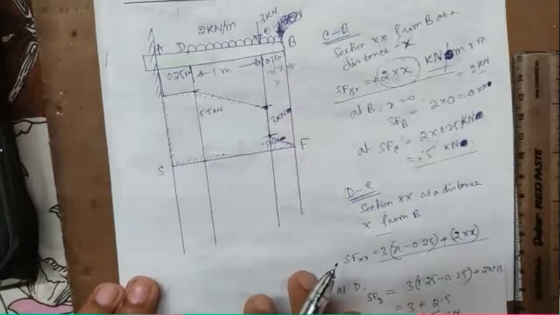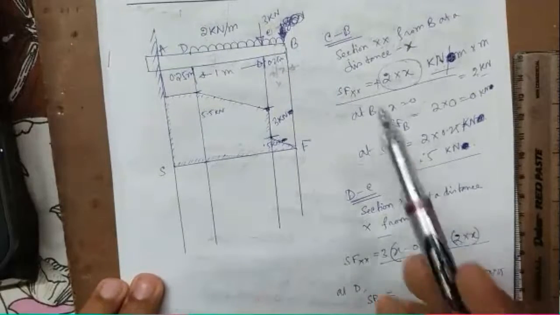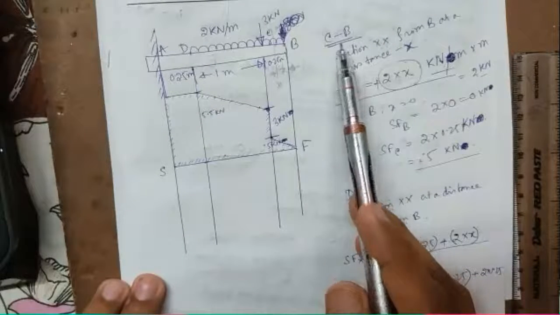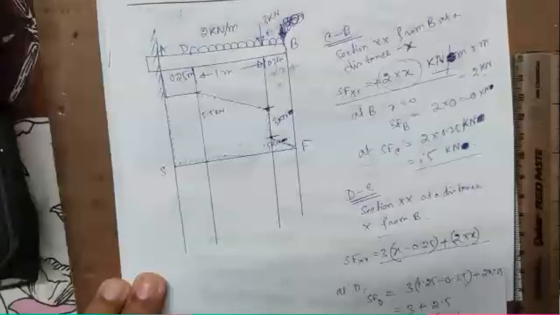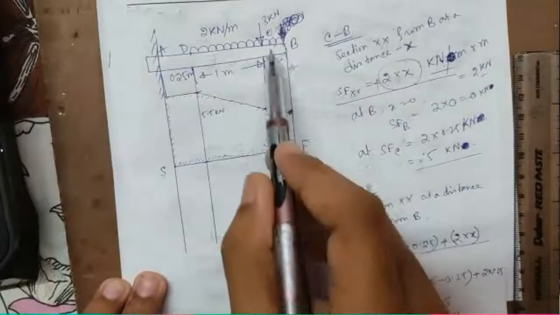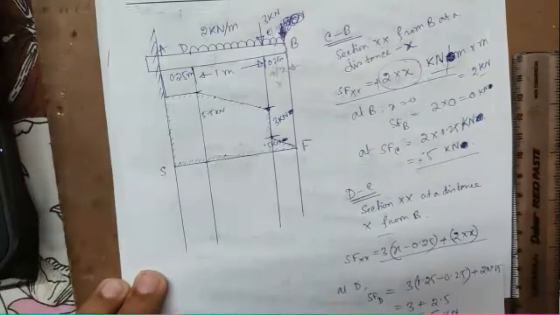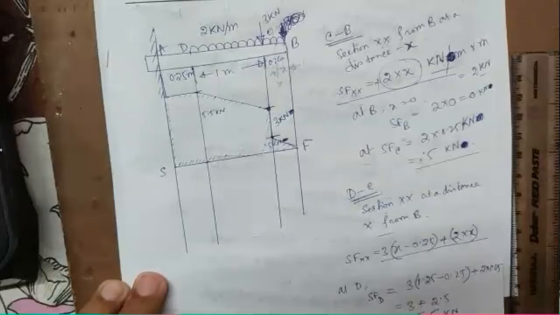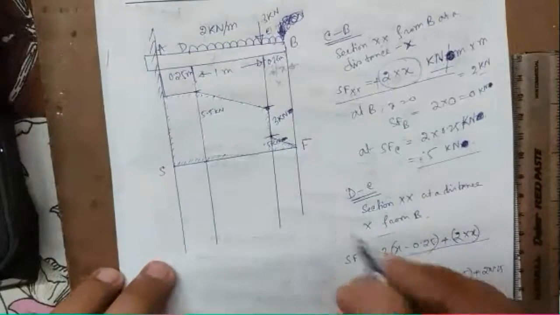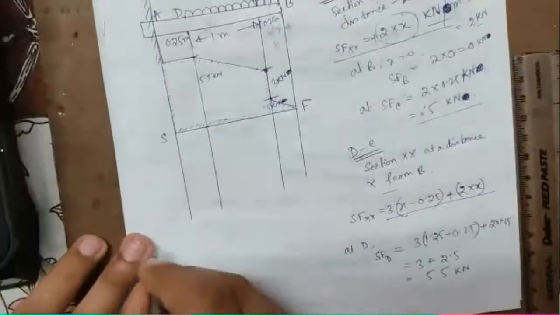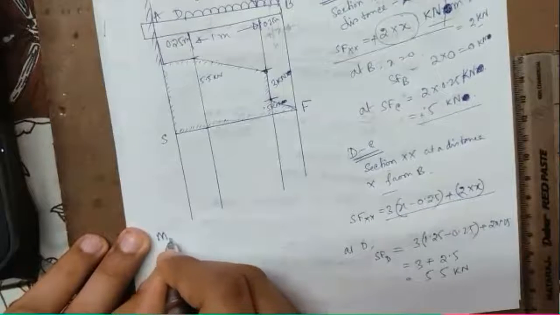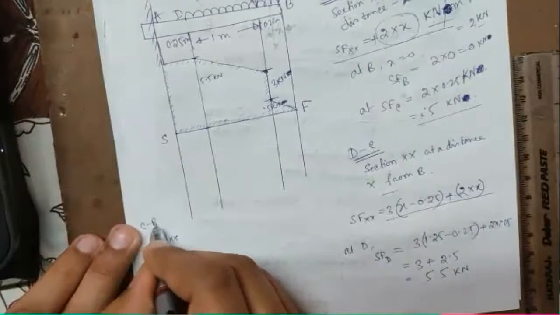Looking at this figure, similarly, if we talk about the section B to C, in that case, the section you will take at a distance of x from B. Anywhere in this region, the only force working between B to C is this uniformly distributed load. Okay, so in that case, you can write Mxx between C to B